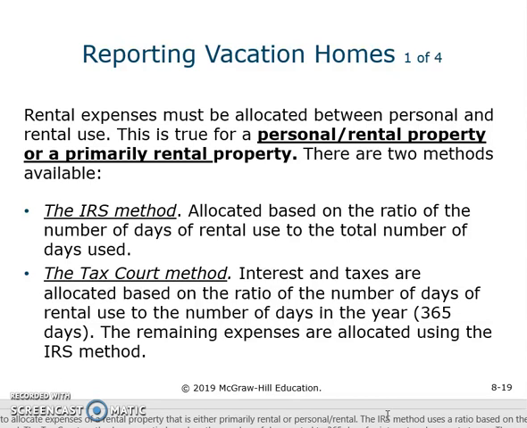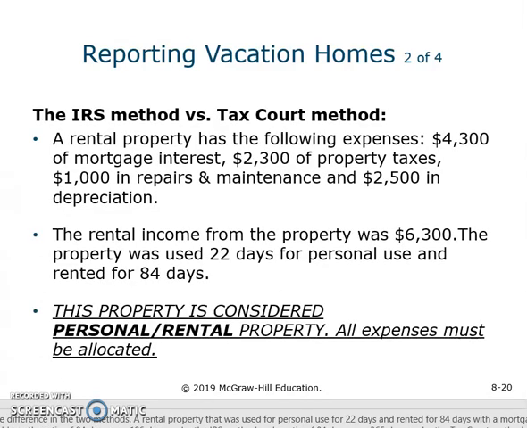And the tax court method: the interest and taxes are allocated based on the ratio of the number of days of rental use to the number of days in the year, which is 365 days. The remaining expenses are allocated using the IRS method. So let's take a look at these two methods. We have a rental property that has the following expenses: